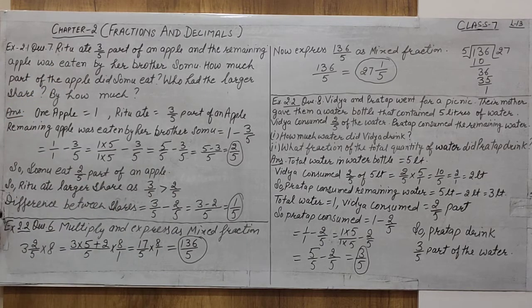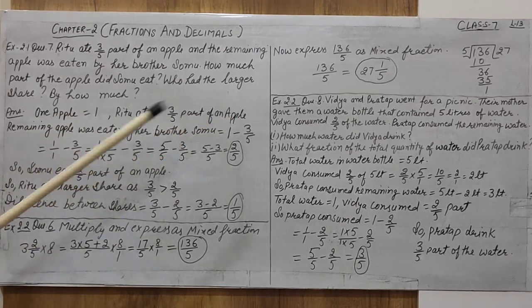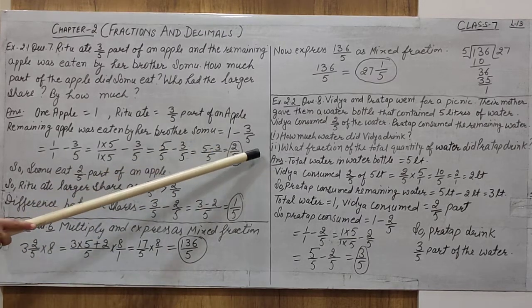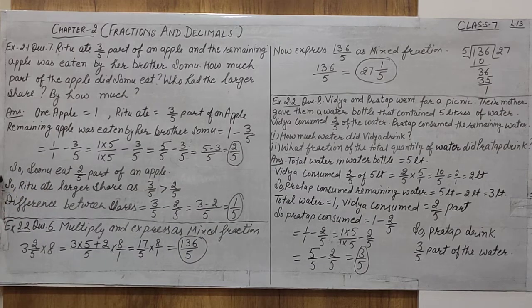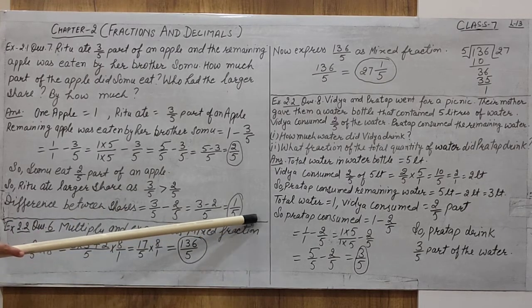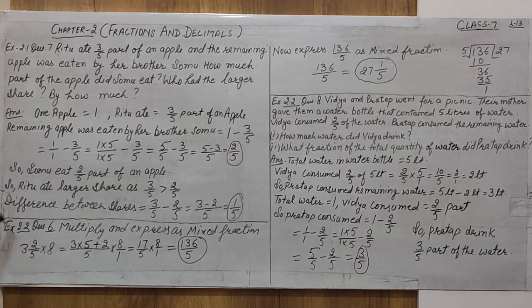I hope you understand this kind of question very well. How can we find out the complete? If nothing else is given, the complete part is taken as 1. Then one part is given to you. You can find the second part by subtraction, that is, complete minus the given part. After that, you can compare both the parts and find out the difference, so that you understand whose part is greater by how much. So Ritu's share is greater by 1 by 5. So student, I hope you understand this kind of statement-based question very well.